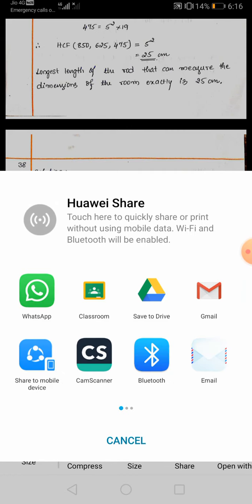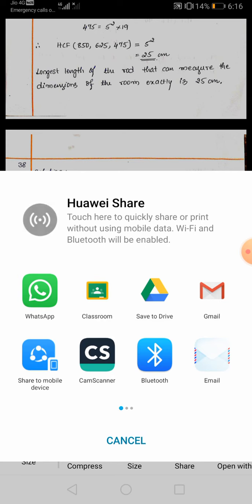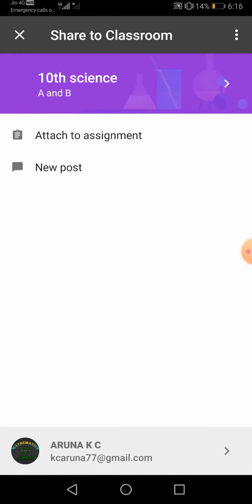Among these apps, definitely there may be a possibility of Google Classroom. Definitely it should be present, because through Google Classroom you can share this. Now this is the second option, it is showing Google Classroom. Okay, now click on that one. So now you can see like this. The next thing is, in the first one, 10th science AB, this is actually the class. It is going to select a default class. If you need to change this, suppose it is not a science assignment, and you want to change the class, you just click on the 10th science.